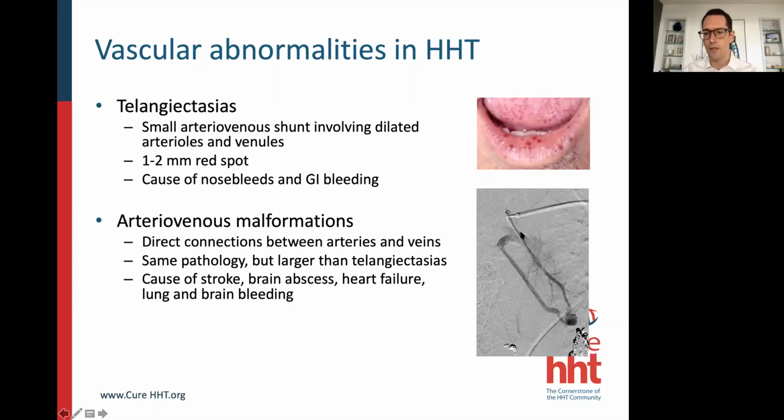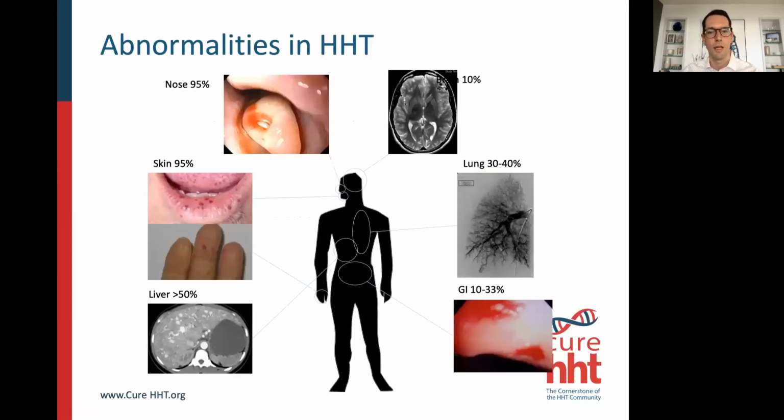And a similar kind of physiology is happening in the lung as it is in the liver and the brain, which are the 3 main areas where these AVMs occur. So to summarize the abnormalities that we see in HHT and how often we see them with HHT, well,